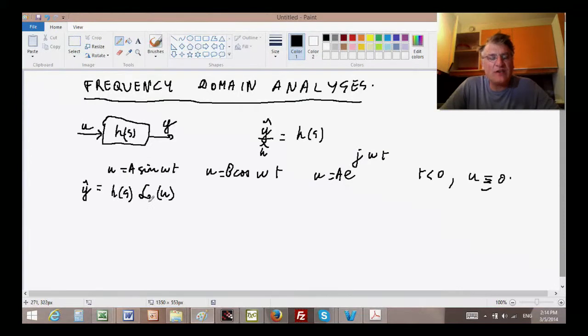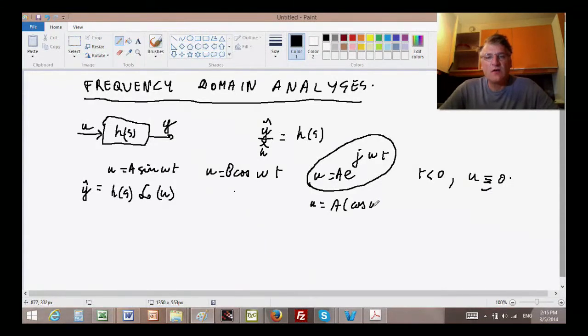So, in order to get the response of the system in the frequency domain, what we need to do is apply first the Laplace transform of U. This Laplace transform is mostly well understood in this context. And if we understand it in this context, we will understand it in that context, because if U is a times cosine omega t plus j times sine omega t,